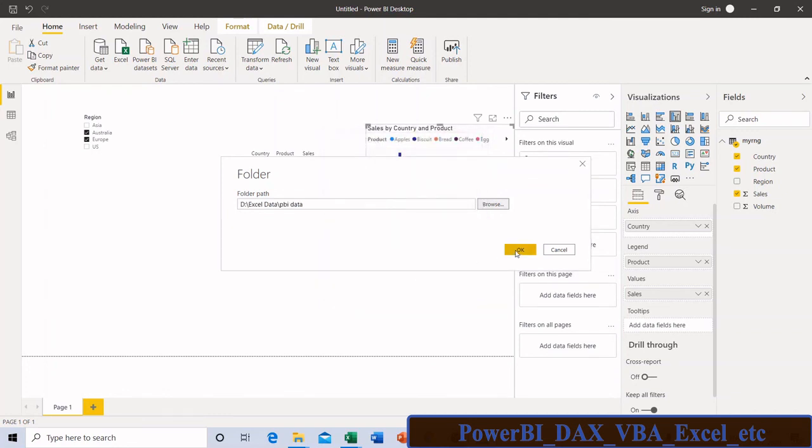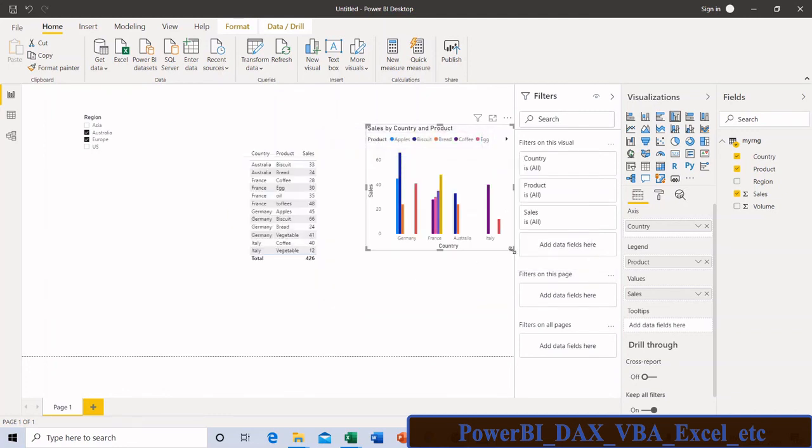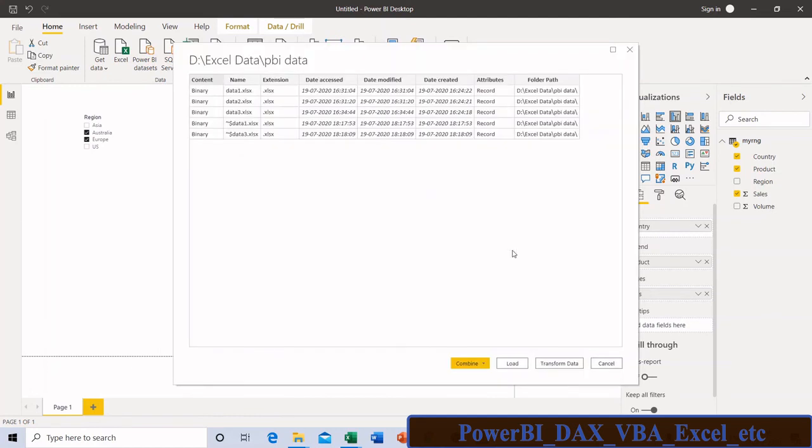Okay. We can see that my three files were loaded. Then combine and load.